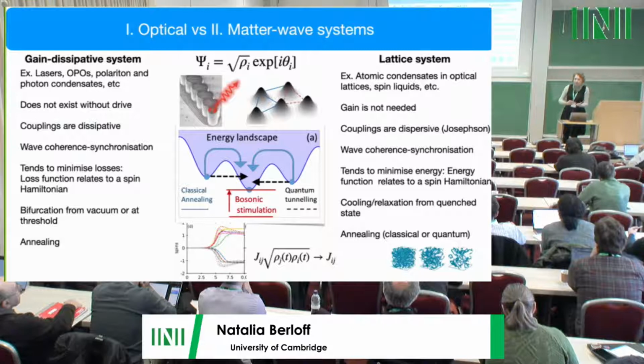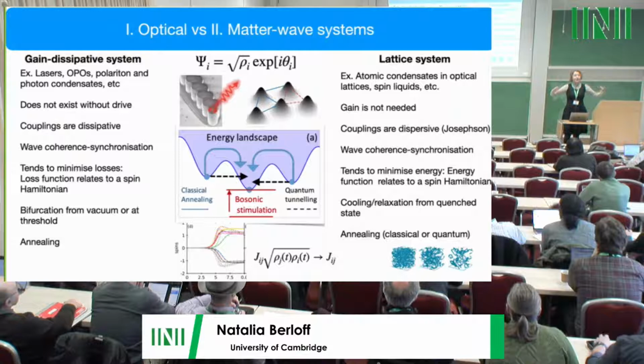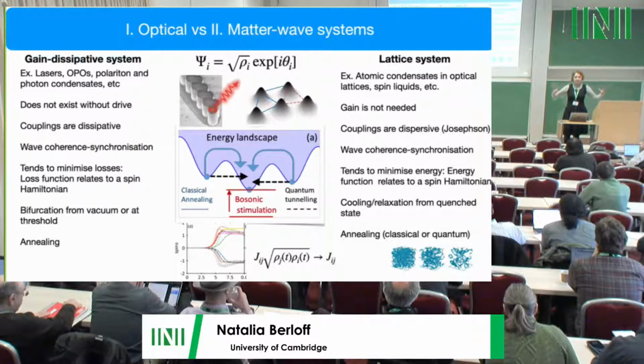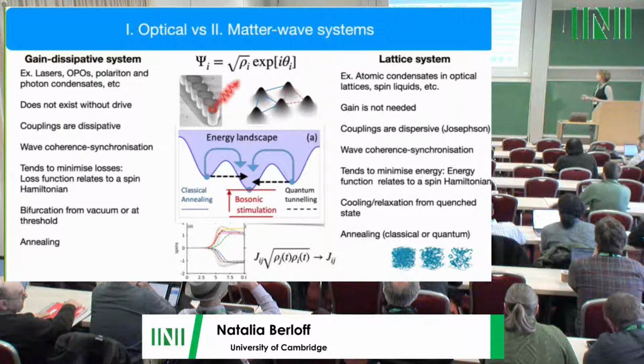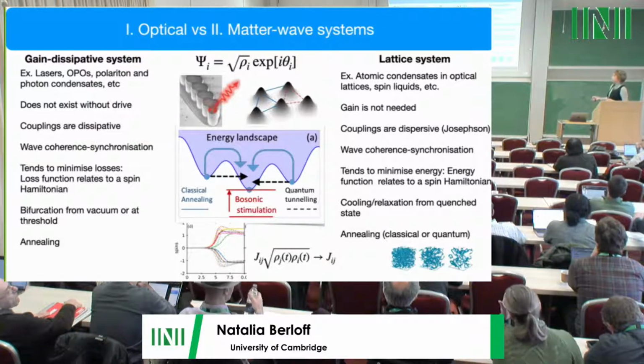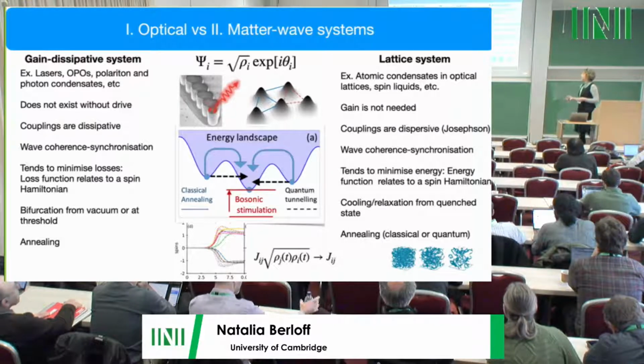So as you increase the pump in an optical system, you create the source of the photons, excitations, and then the coherence is formed when there are enough quasi-particles or photons in the system. In other words, when in the states that minimize the losses. So this is the main source of the operation. So the couplings between the elements would be of dissipative type.